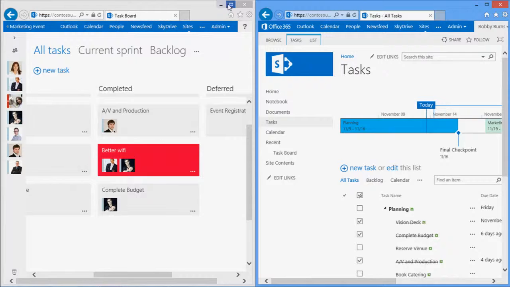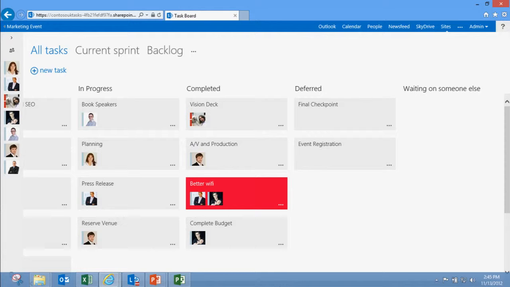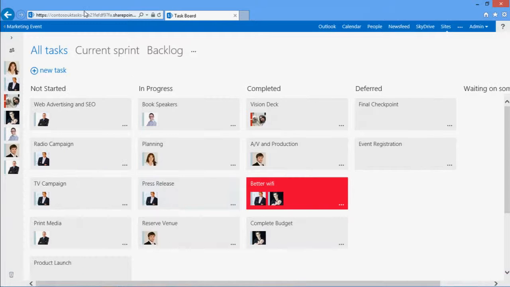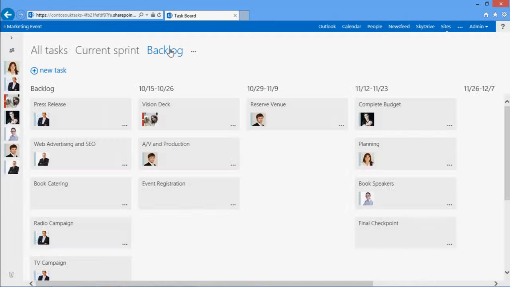Agile is also important. It's also important to get that backlog experience where you have the user stories and you have the sprint structured. So what I did before while Eric was talking is create two views. The first is the backlog view. This is just like the new custom choice column view that I created earlier. I'm able to actually set up a backlog and move things to various sprints. So I can move book catering into this sprint, for